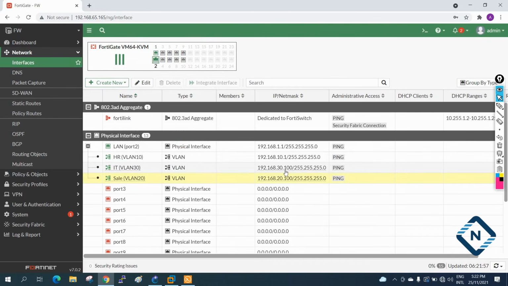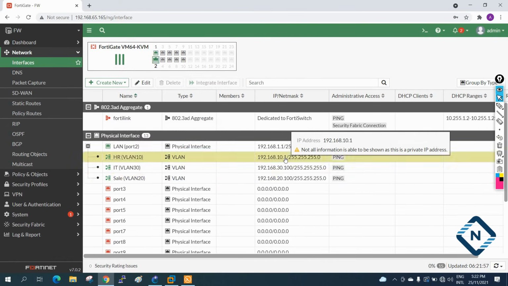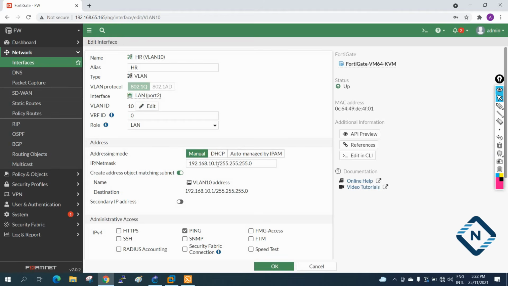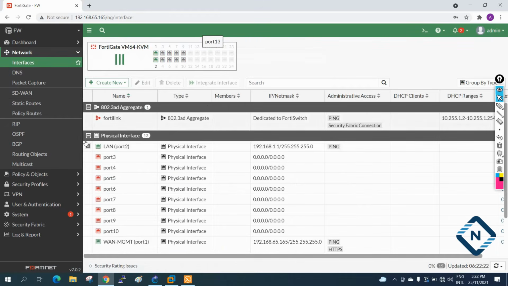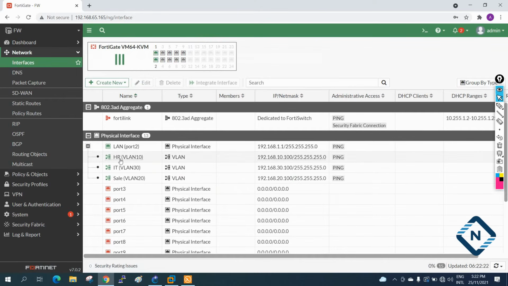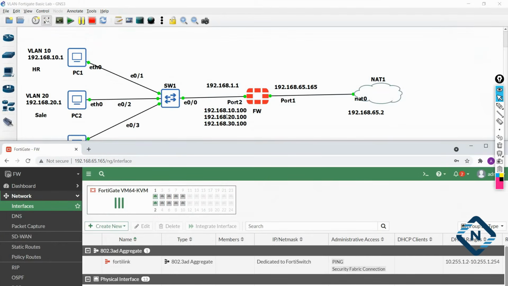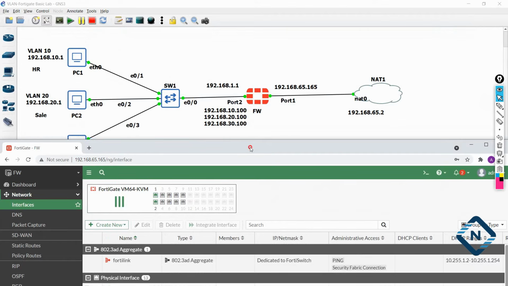One is 10.100 and another is 30.100. So here we gave it incorrectly. Here we need to write 100 because we are using 100, right? So let me correct this to 100. See what I am doing here. Let me show you again. This is the sub interface I am creating in the firewall. This is the sub interface I plan to give to the firewall: 10.100, 20.100, 30.100.